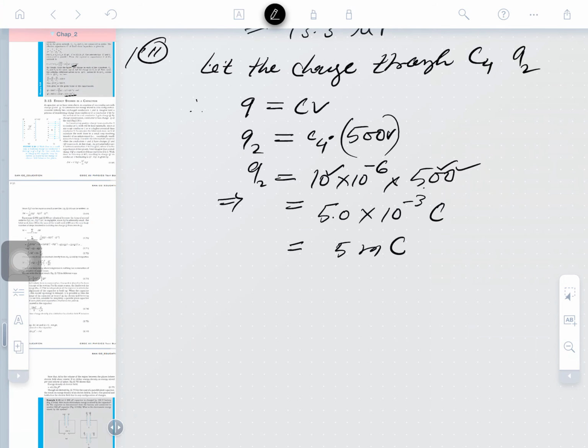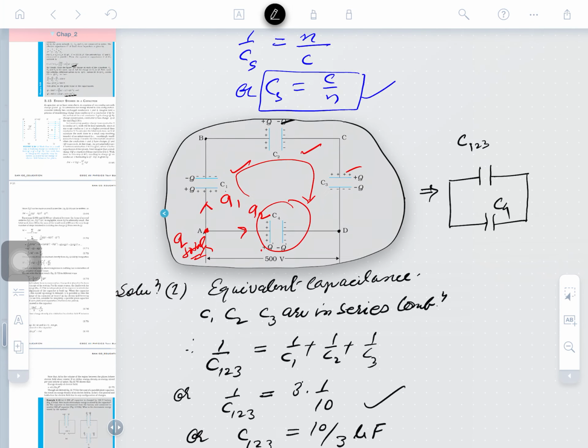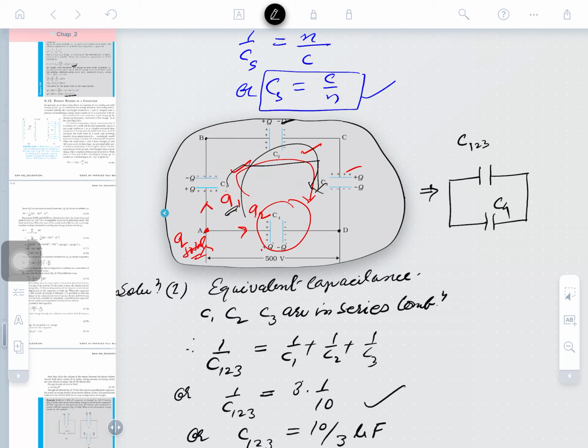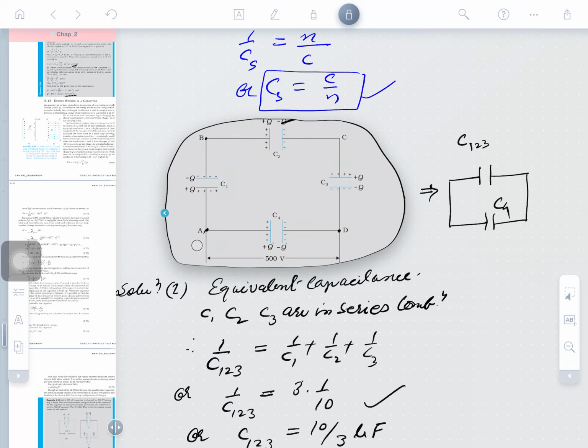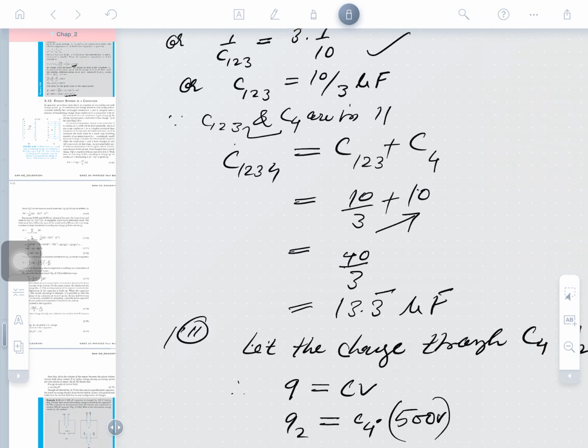So, what is next here? The same charge that is passing through this line is also passing here. So actually how much charge is Q1 here? It depends on the total capacitance of these three. So tell me please, what is the total capacitance of these three? You have to find out the total capacitance of these three. What is that? 10 by 3.